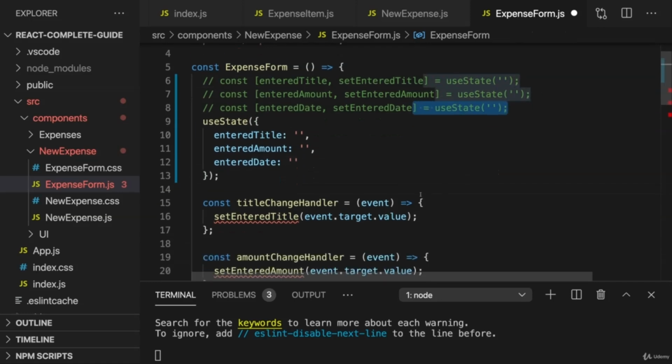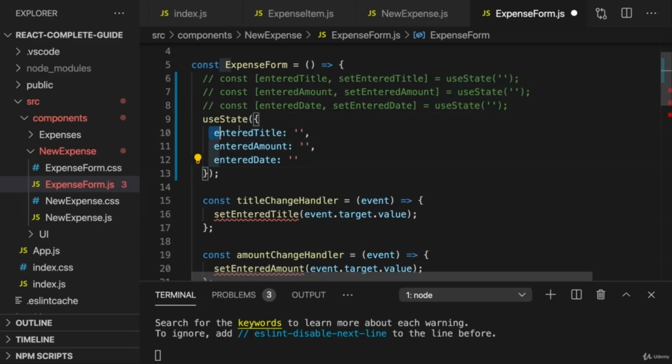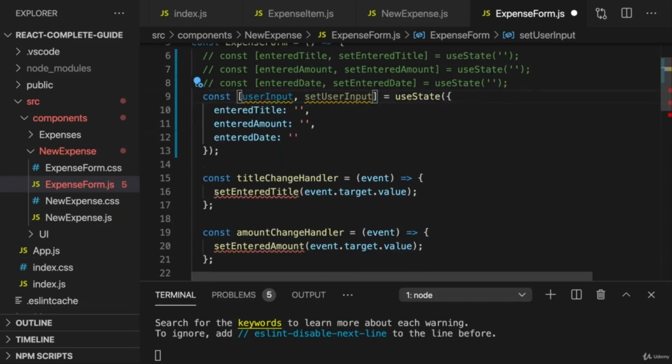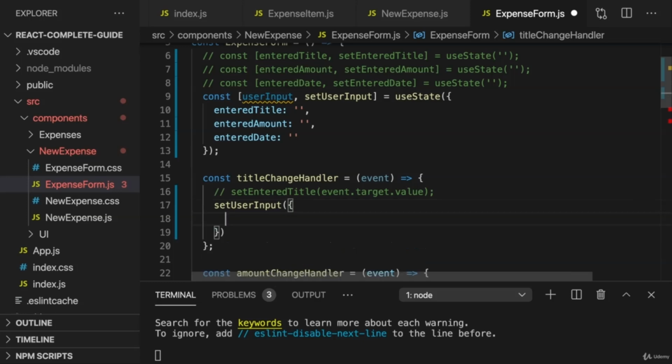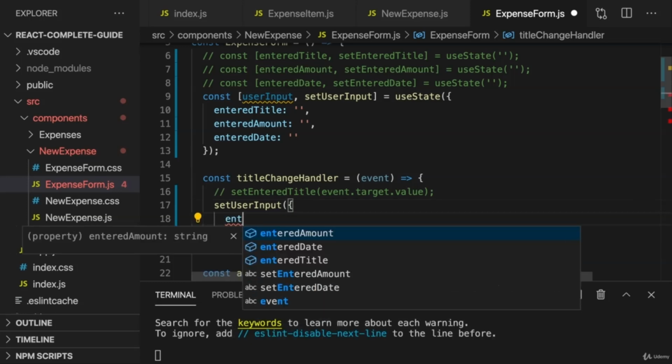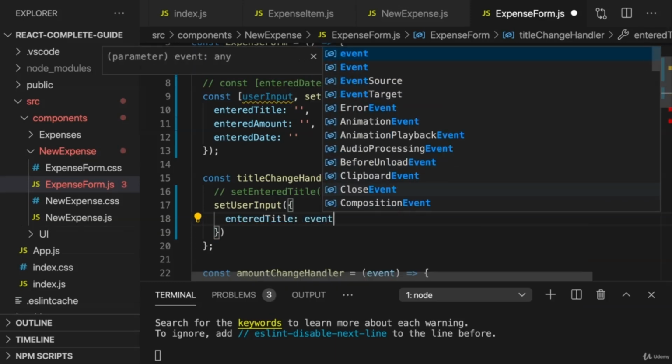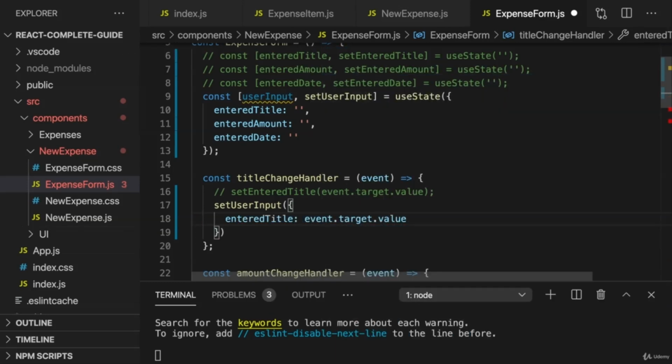The difference now, of course, is that whenever you update this state, you need to update all 3 properties and not just one. So here you could then also extract this and have your user input, for example, and set user input. And now when the user enters a title, you wouldn't store it like this, but you would call set user input. And in the end here, you then want to pass in a new object where you set the entered title, in this case, to event.target.value, but, and that's now the tricky part, where you also ensure that the other 2 pieces of data don't